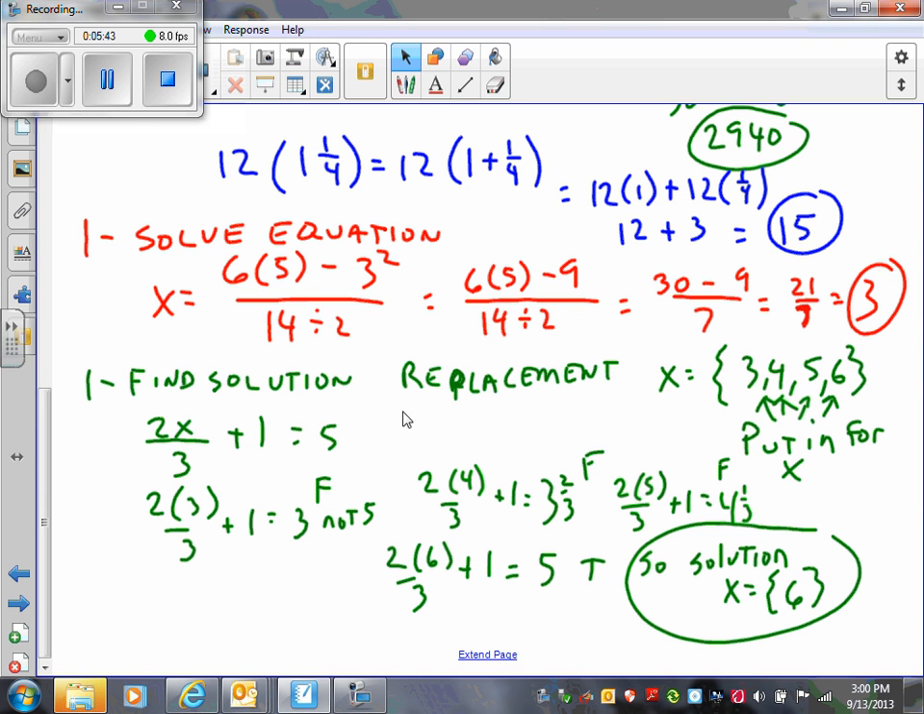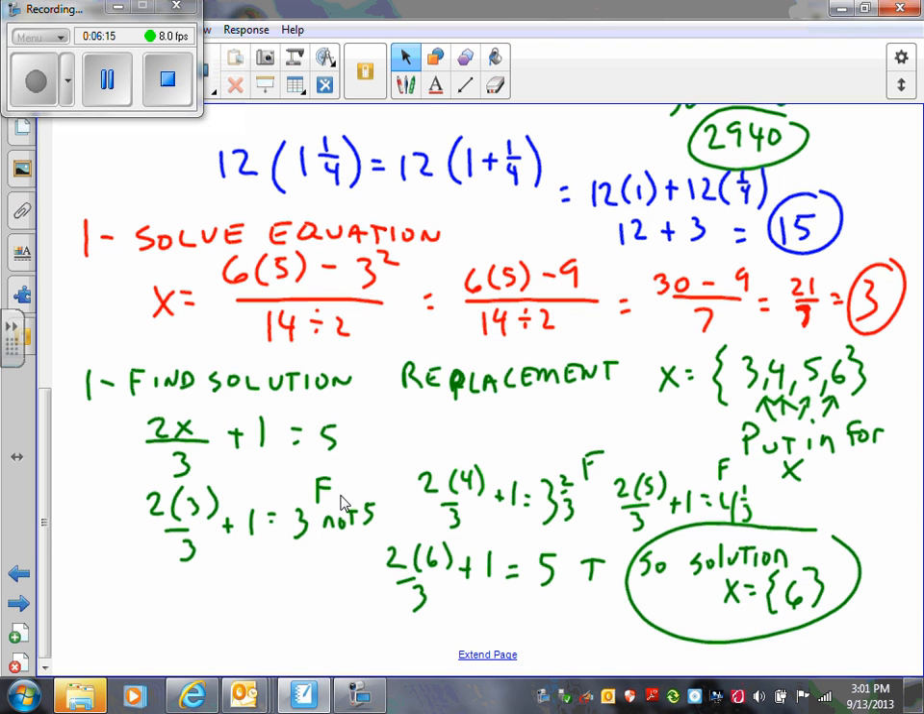You have one where you have to find the solution, and you're given a replacement set, x equals 3, 4, 5, or 6. So you have to take each one of those numbers and put it in for x until you find the one that makes the equation true. So I take 3. 2 times 3 is 6, divided by 3 is 2, 2 plus 1 is 3,